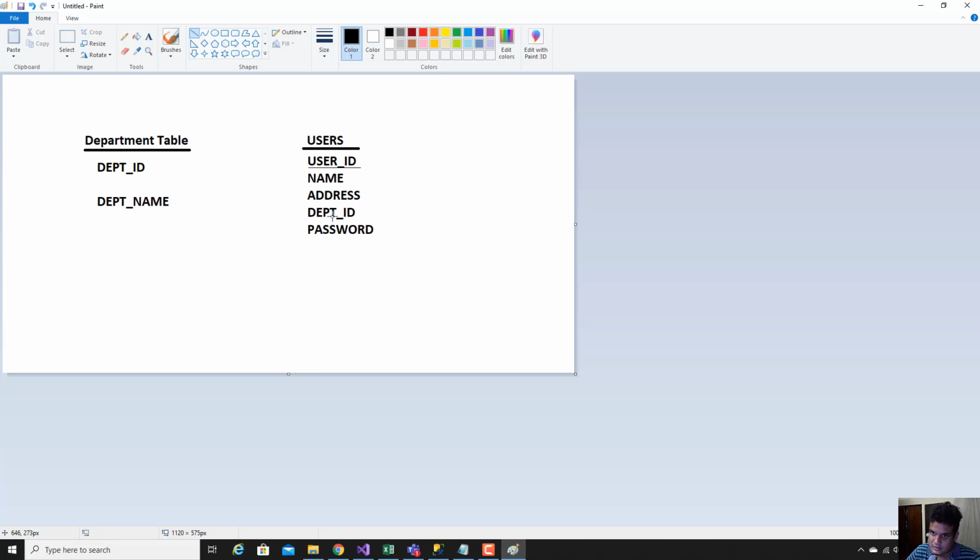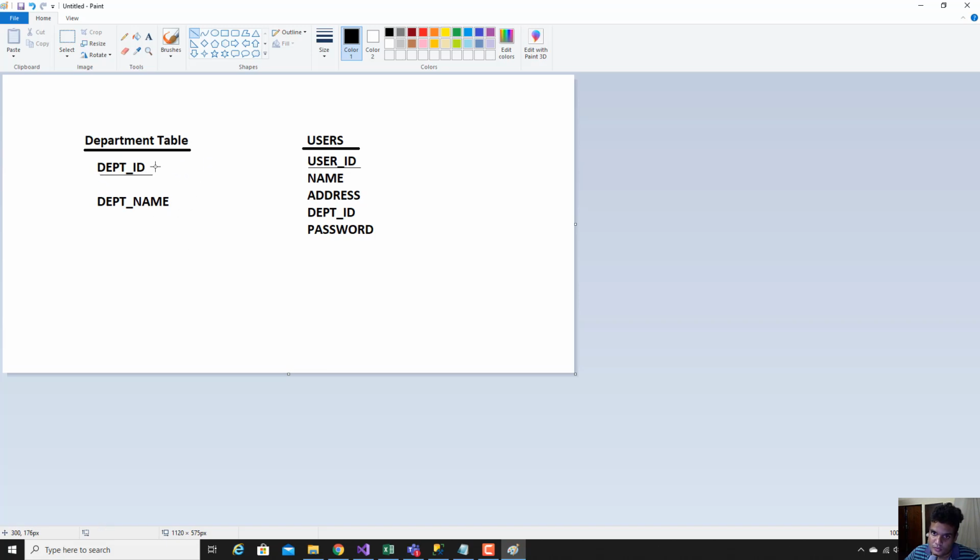If you are designing a database properly, you need to first define what departments are available in the organization, and then create a separate table for those departments, like this: department ID and department name. This department ID will be the primary key of the department table.